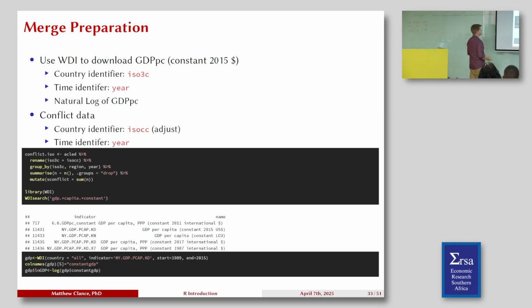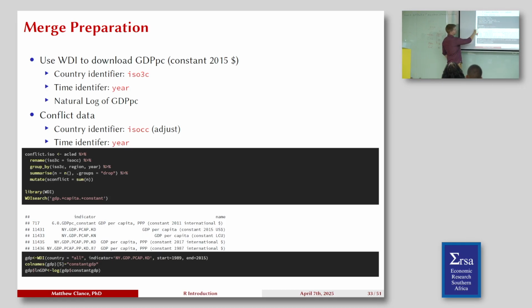Okay? So once I created that, then I was able to bring in, using the library WDI, or actually I did a search first. I'm not sure if you ever dealt with WDI, but their naming structure is a little strange, to me anyway. The indicator's call is ny.gdp.pcap.kd. Like I would ever remember that.